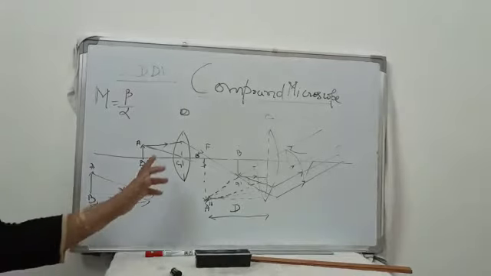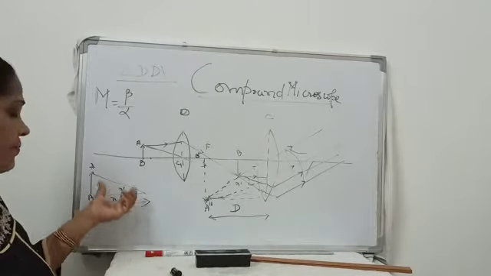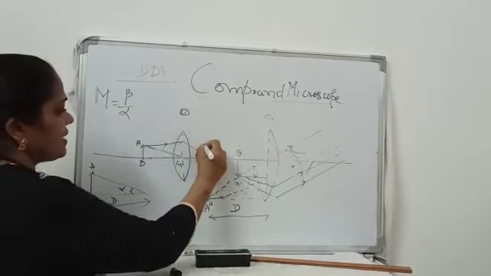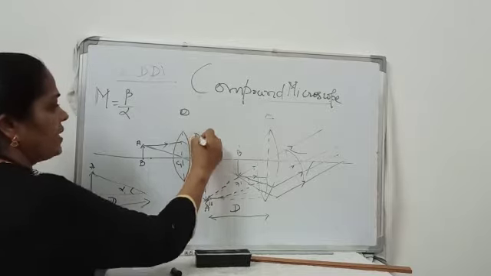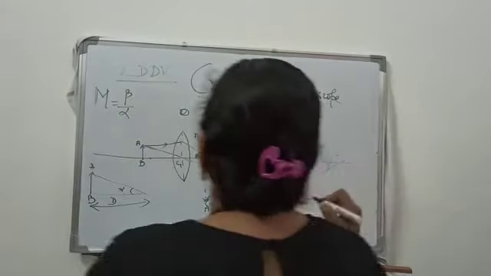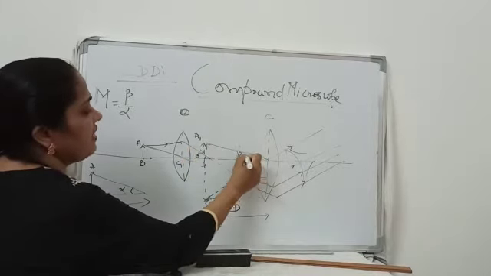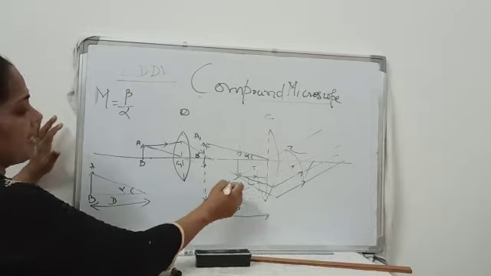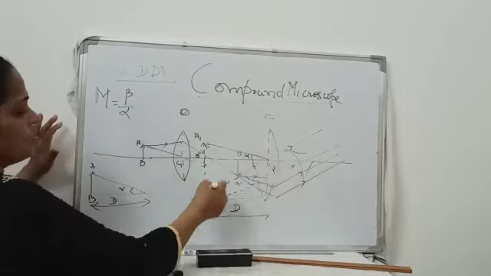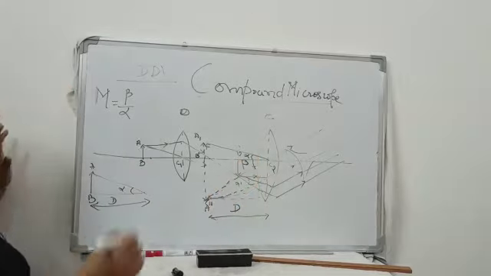For seeing the object, we don't require a lens. So, when it is at LDDV, it subtends an angle alpha and it is a clear image. So, if we want to draw it over here, you bring the object at LDDV. In this way also you can do it, and then subtend an angle over here. So either you draw it separately like this or you can draw it like this. So this angle will be alpha. The angle subtended by the image, that is A double dash, let me mark this as C2, A double dash C2 B double dash, this angle will be beta.